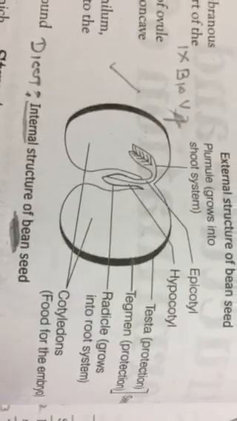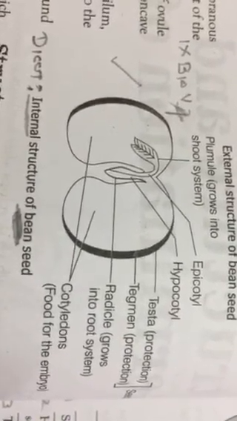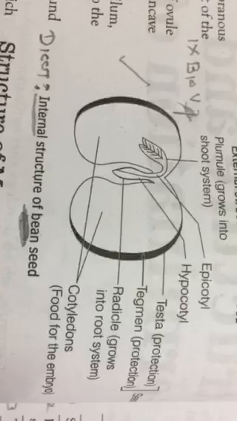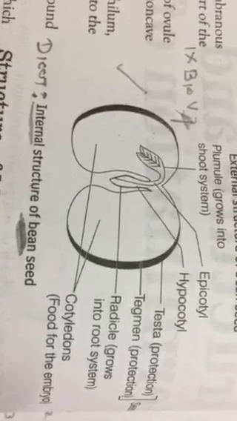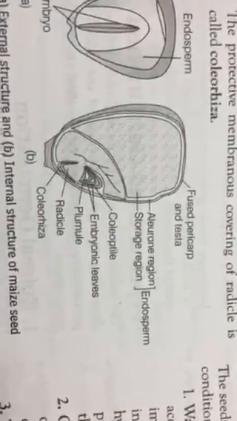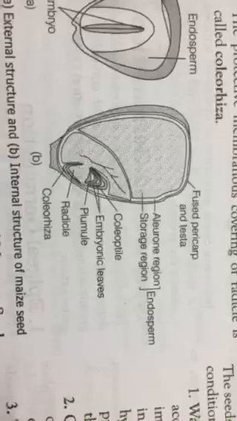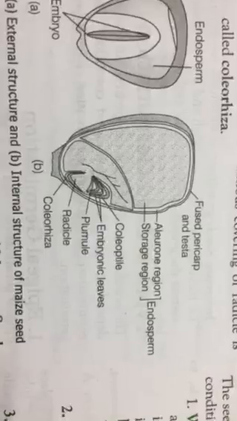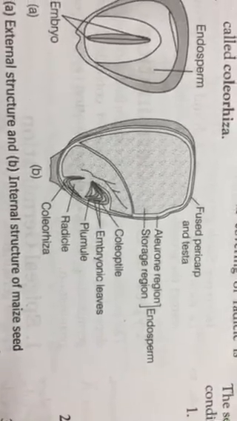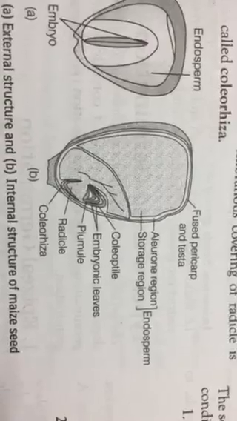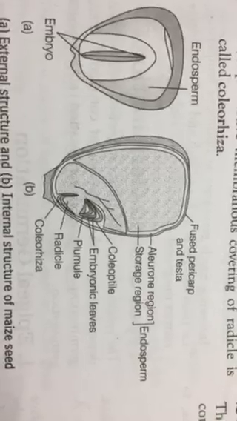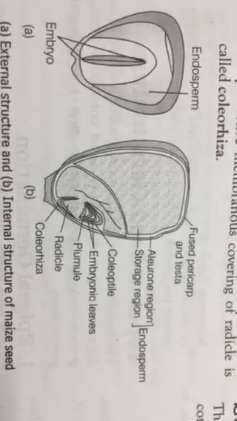Dear ninth class student, in the previous video you have learned the structure of the dicot seed with the example of bean, as well as the monocot seed of maize. Only internal structure will make you understand full details. Keep these two diagrams in your mind. Once again you learn the characteristics of both given in the following table form.